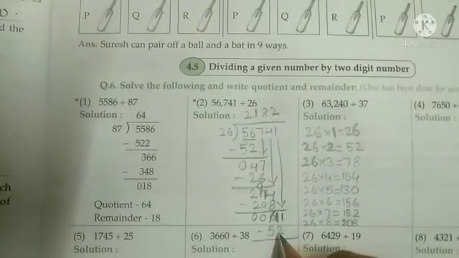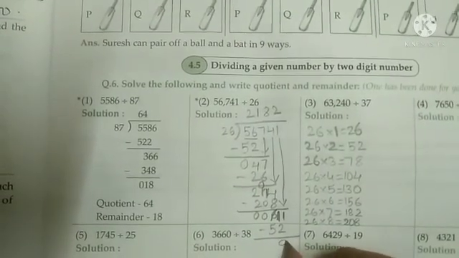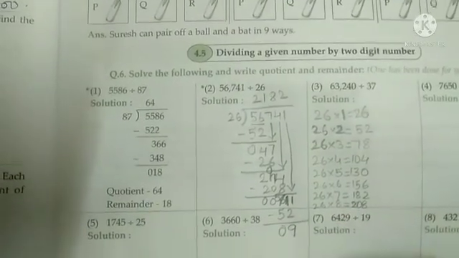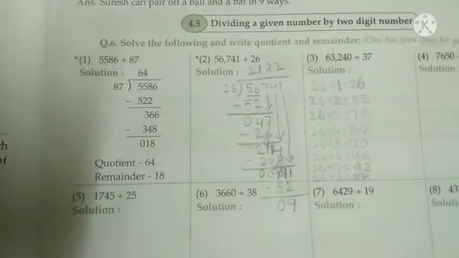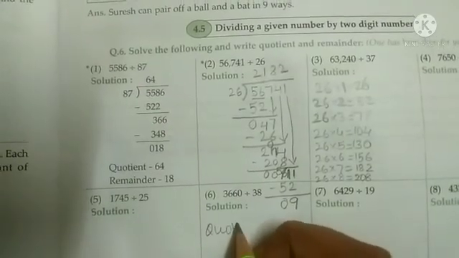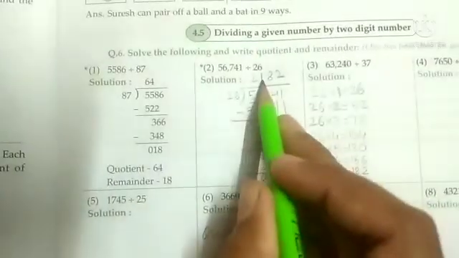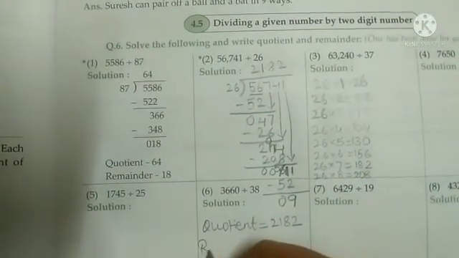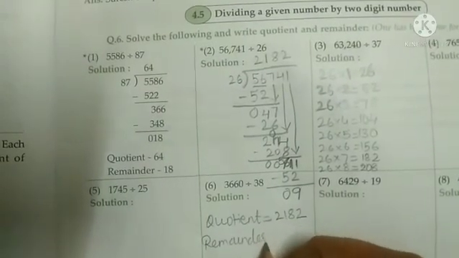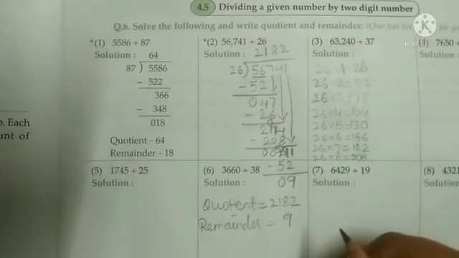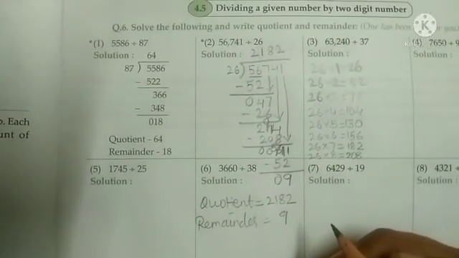Clear? So 11 minus 2, what you will get over here? You will get 9. And here 5 will remain. So 5 minus 5 you will get, that is 0. Clear? Now we have to write down our quotient and remainder. Clear? So what will be your quotient over here? Here your quotient will be 2182. Clear? And our remainder, what will be our remainder? Our remainder will be 9. Clear? If space is not there in your workbook, students, you can solve this question in your notebook. Thank you.